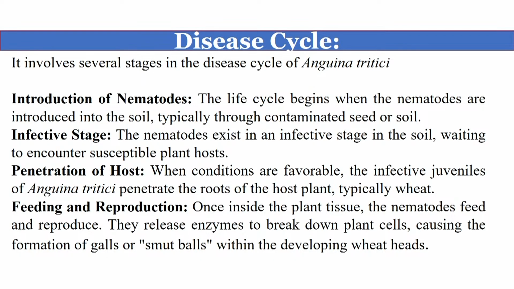Basically, it starts from the soil and typically through contaminated seed or soil also. So you can say that the primary infection occurs with the help of seed as well as through soil also. The infection stages: the nematode exists in the infective stage in the soil, that may be waiting